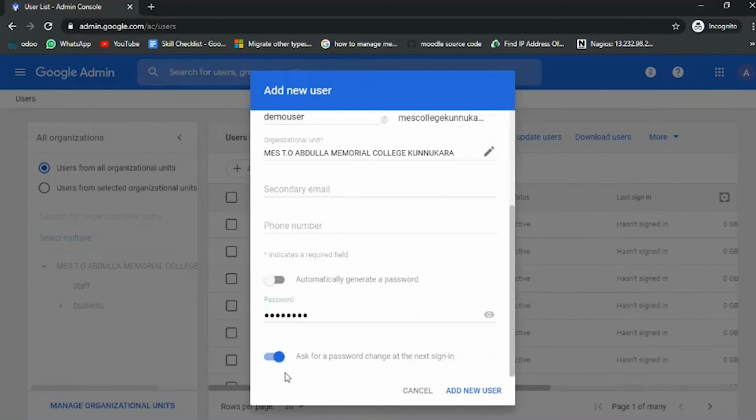So the user can use the password we created permanently. I disable this option. Now at last, click the add new user button.